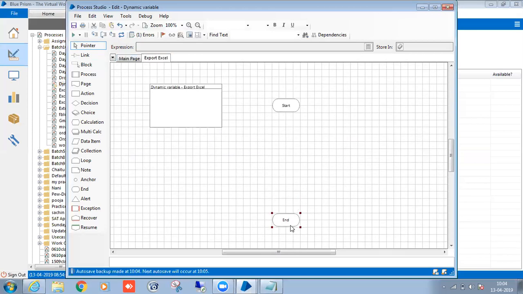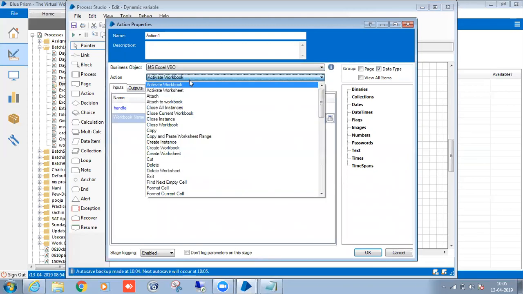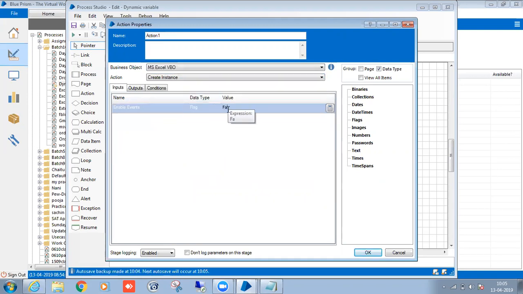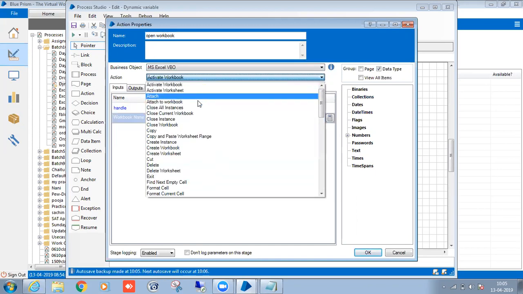Right, for exporting Excel, we already know all the actions. Okay, creating the instance. Open workbook. Not open workbook, we have to create the workbook. Why?